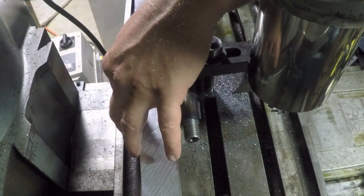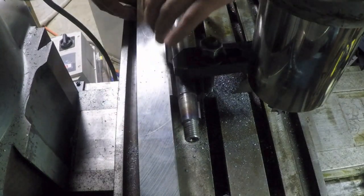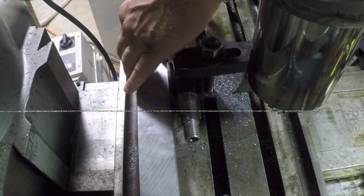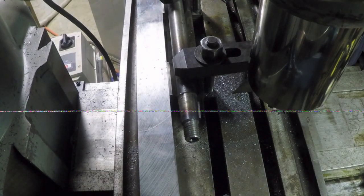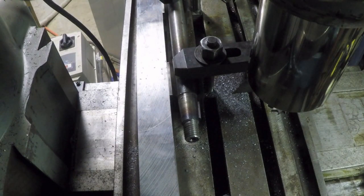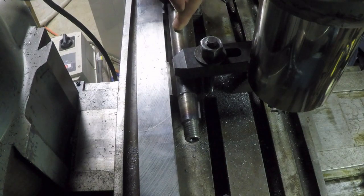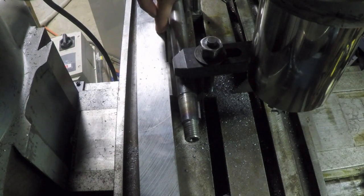What I'm going to do is take that and put it right like that up against the sides of my two V blocks. Then I'm going to unclamp this carefully, take that shaft out of there, and test fit. And if I need to make that slot deeper, the idea is that hopefully I can carefully put it back right into these V blocks, and I won't disturb